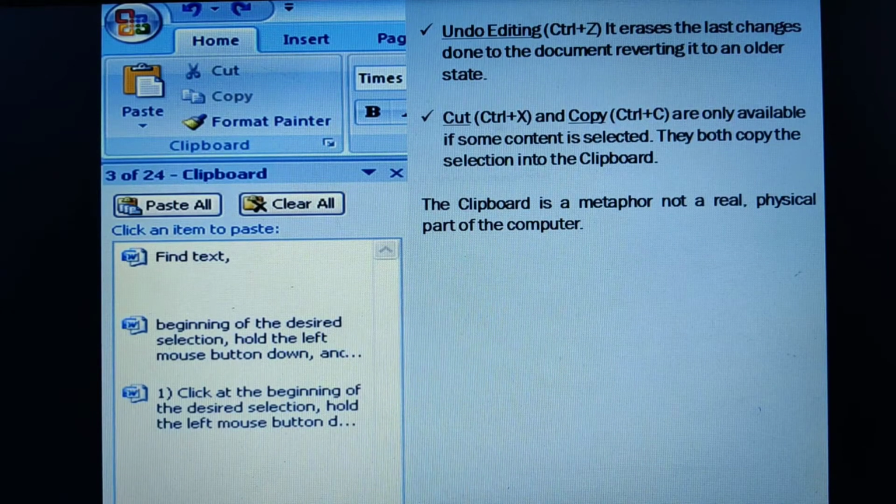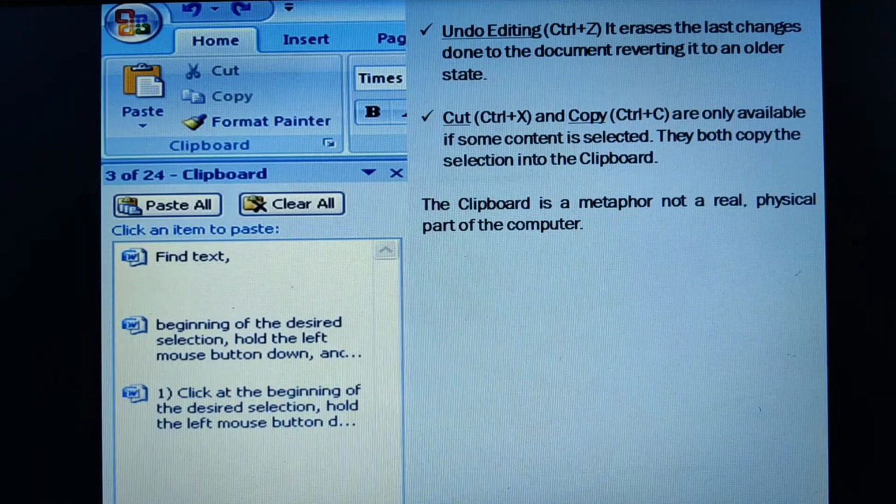Whatever text you select, when you copy it, those contents will be held by the clipboard and stored in memory. The clipboard can hold only one thing at a time. So whenever you cut or copy something new, the previous contents will completely disappear from the clipboard.